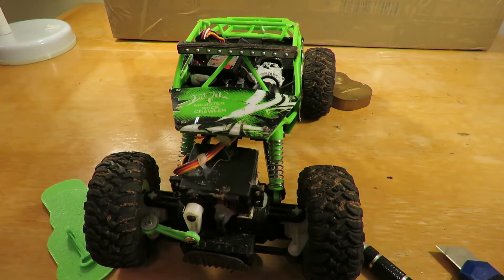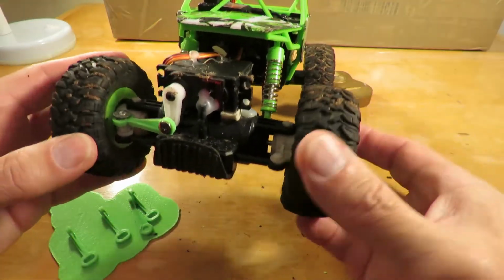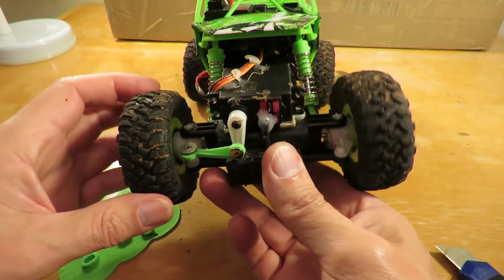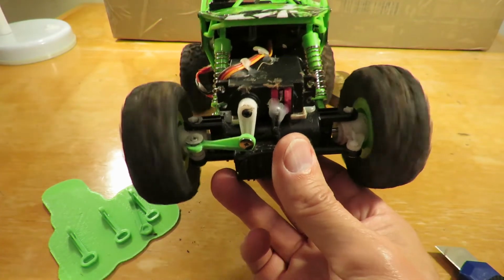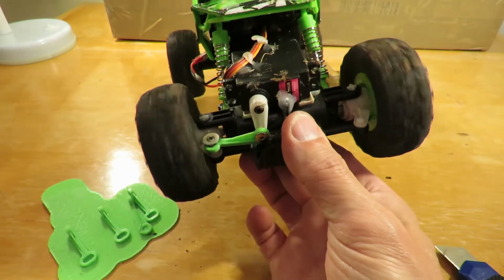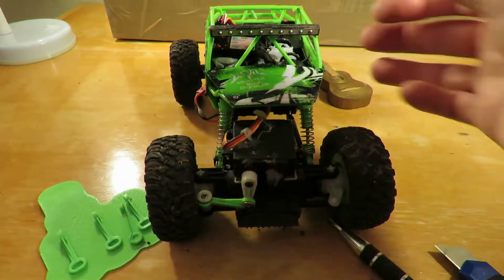Oh yeah, last time I took it out to test this, it looks like the front motor's died again. I'm not sure if it's the motor's died or whether the gear's slipping. Because you can see it does turn, but when there's pressure on it,